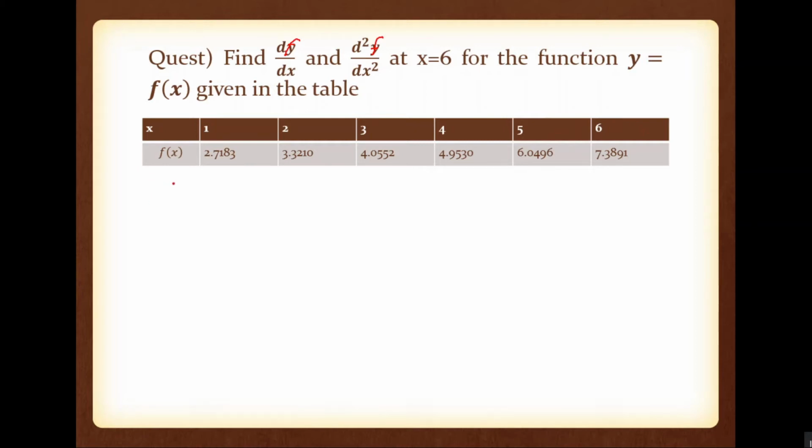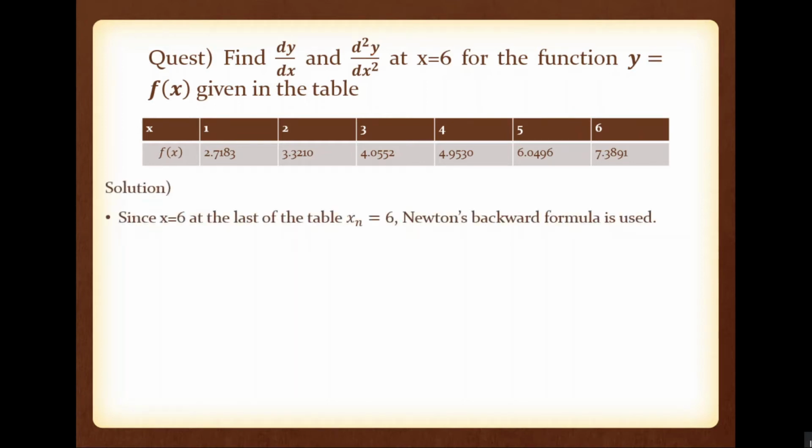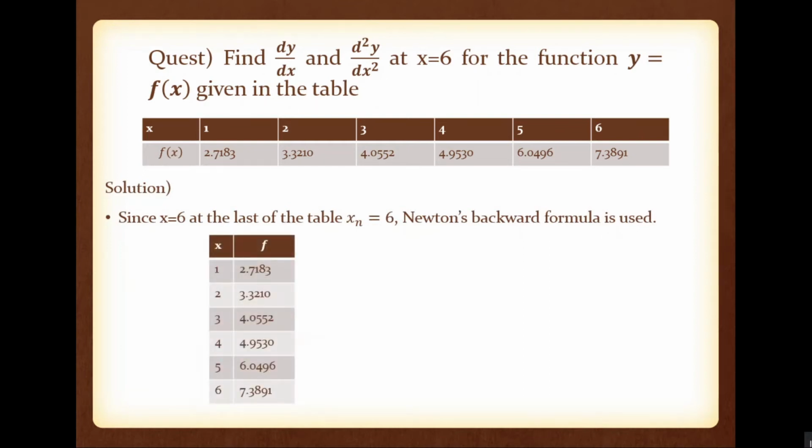So first, if you are using the backward difference formula, we need a backward difference table. So please find the backward difference table. The first column is the given data, x comma f. Now by using this data we have to find del f.